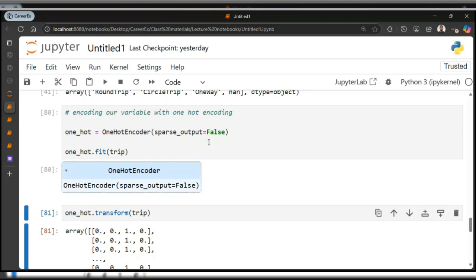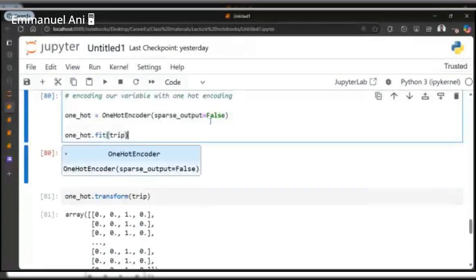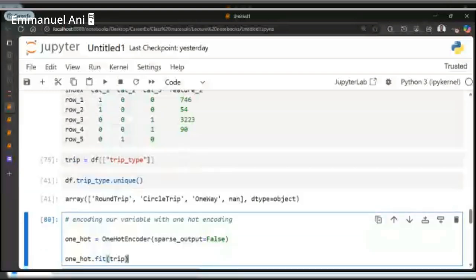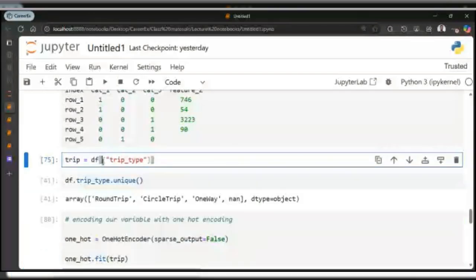In yesterday's class, we did something that wasn't correct. I saw that there was a problem, but I really didn't look at it to debug it. After we imported our data, we had trip type, one of the variables in our customer bookings data set.